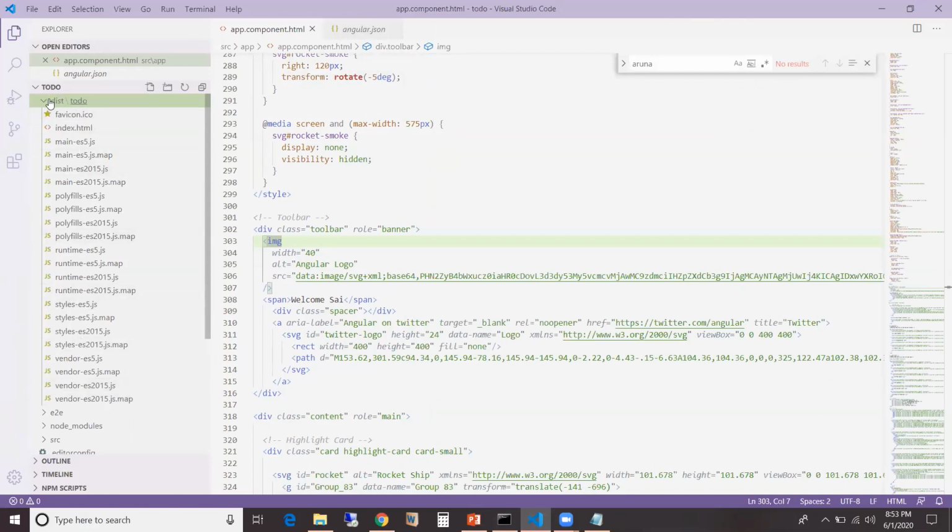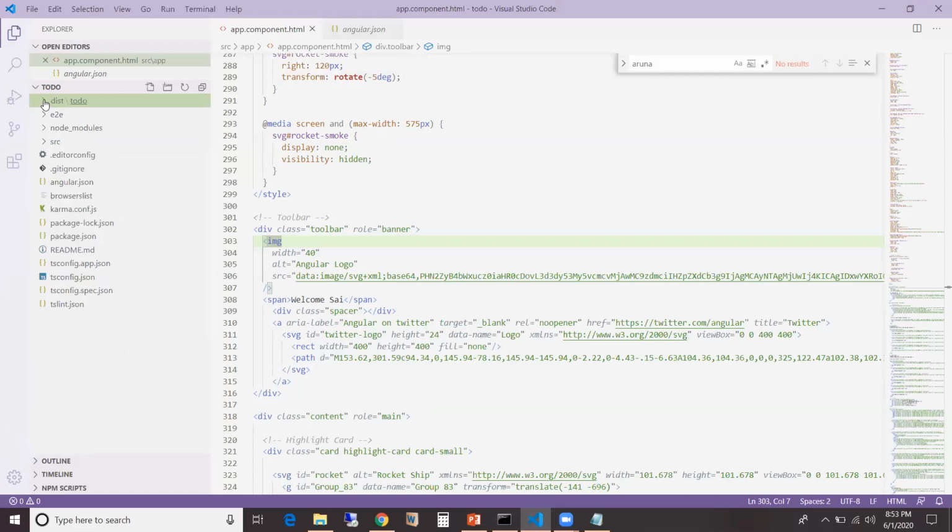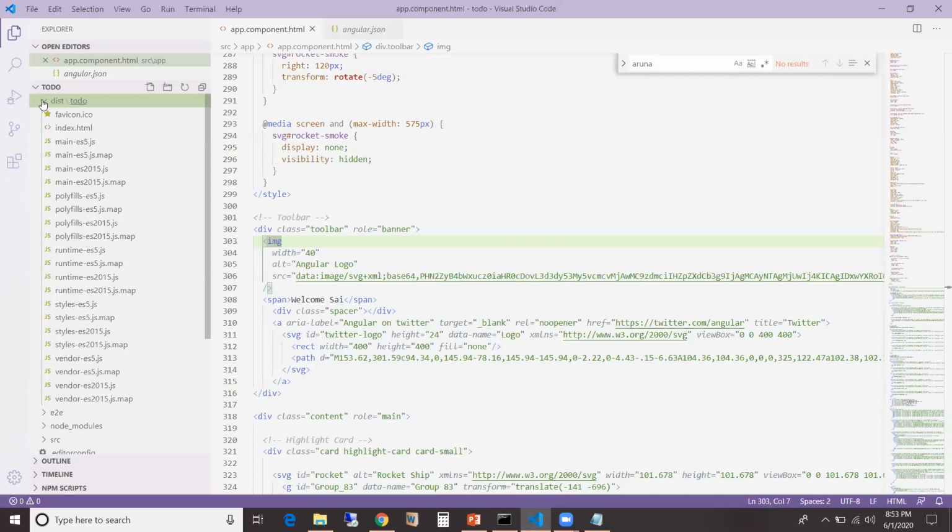So these are the deployable files. This dist folder is the deployable folder. So if we want to deploy this Angular application on a server, all we need to do is copy this dist folder and then paste it on the server.